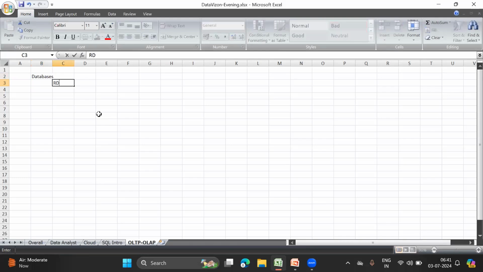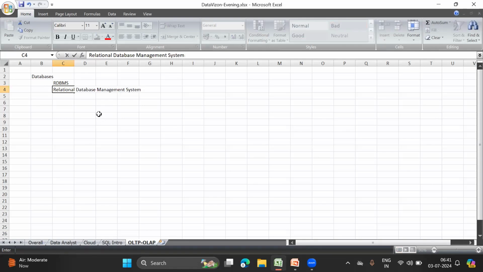Yesterday we had discussed RDBMS, which is a relational database management system. Let us first talk about each and every database we have. So this stands for relational database management system.